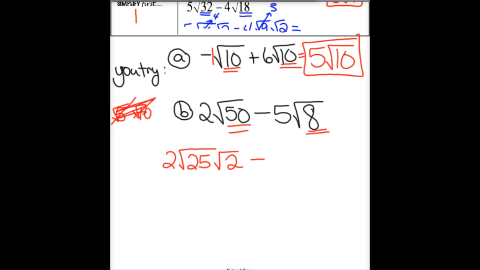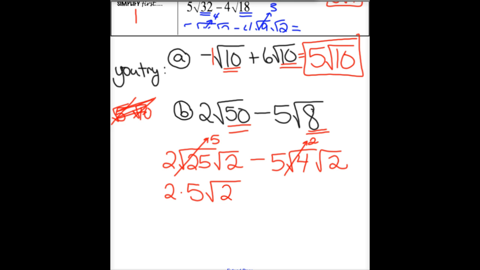Root 8, we've had that one a lot, has a 4 hiding in it twice. So now when I clean this up, the square root of 25 is 5. That's why I chose it. And the square root of 4 is 2. That's why I chose it. So I really have 2 times 5 root 2's minus 5 times 2 root 2's. I've really got 10 root 2's